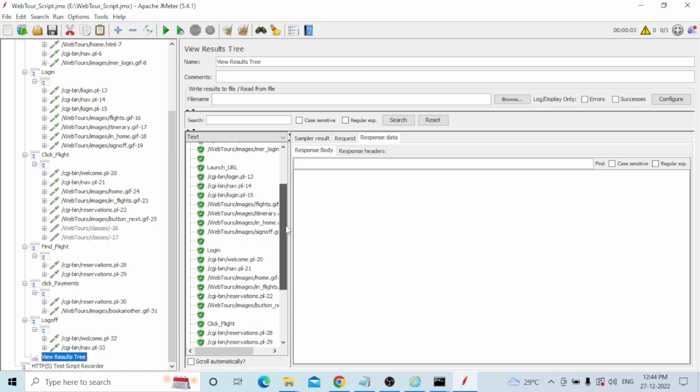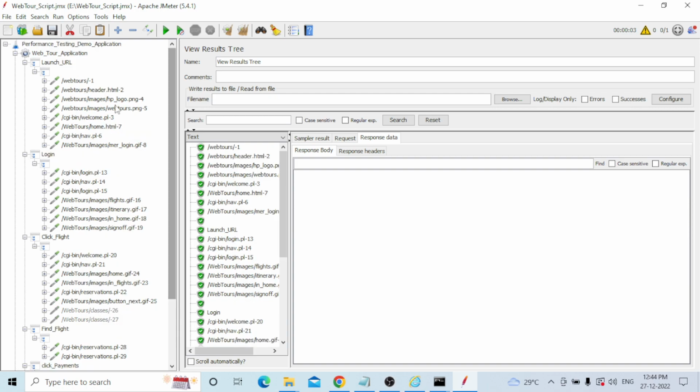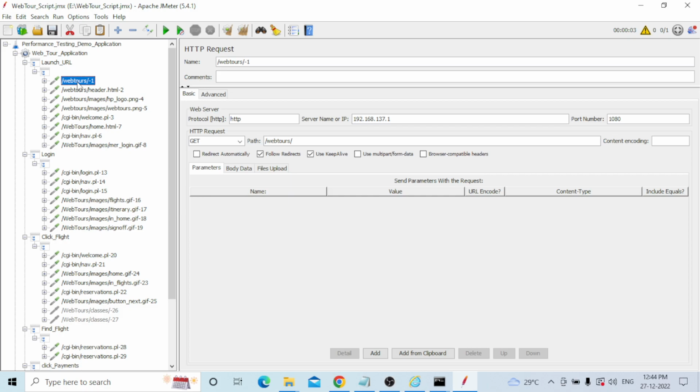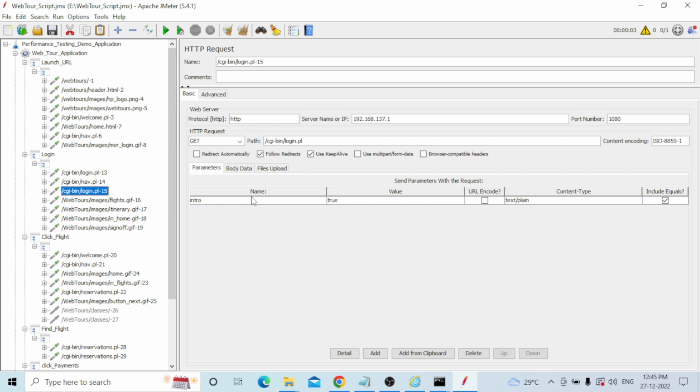Okay, now you did not find any errors, but now you need to do the correlation, right? It's very simple. Just keep checking. This is my first request, second one, third one, fourth one, fifth, sixth, seventh. Yeah, this is the user session, right? This is one dynamic value. After the second one,